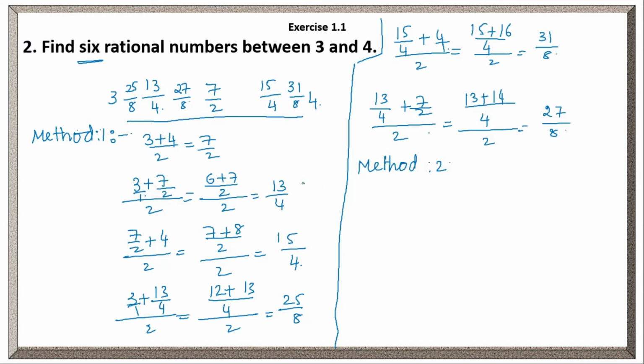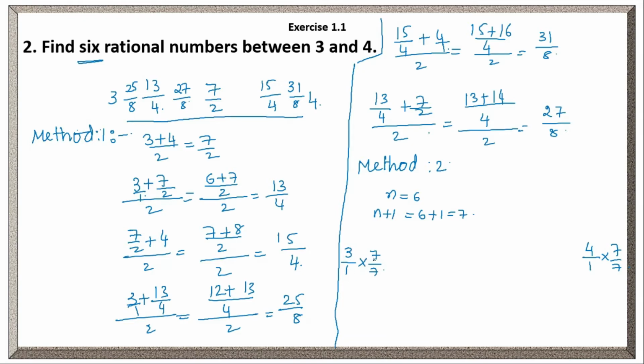Here, whenever he asks us to find 6 rational numbers between any 2 rational numbers, we have to multiply and divide with 7. Here n is equal to 6. That means n plus 1 we have to multiply and divide. 6 plus 1 is 7. Now 3 by 1 I can write, right? 3 can be written as 3 by 1. We have to multiply and divide with 7 by 7. The value won't change, right? Now 4 also we have to multiply and divide with 7. Clear?